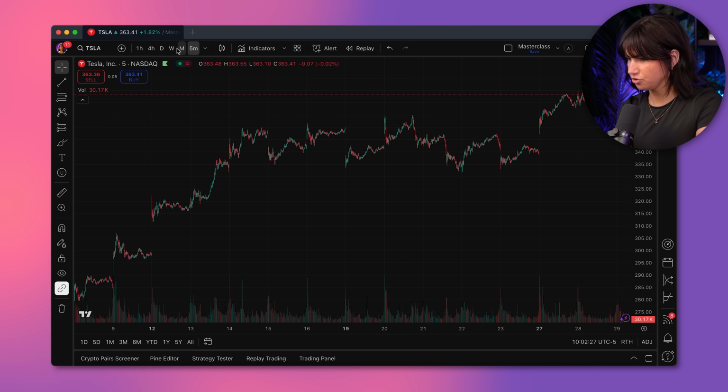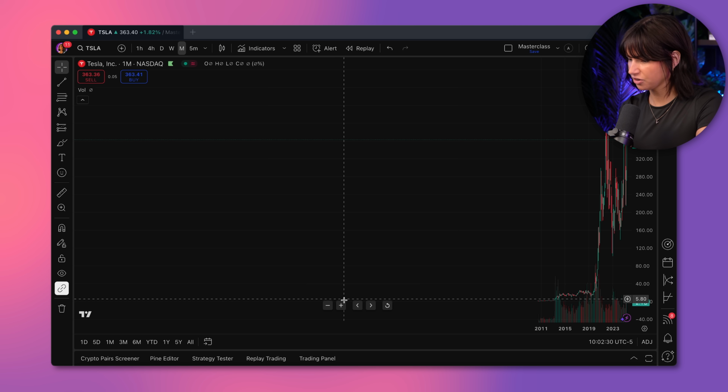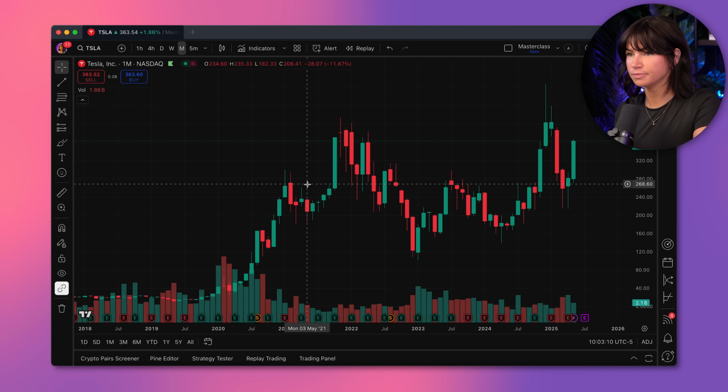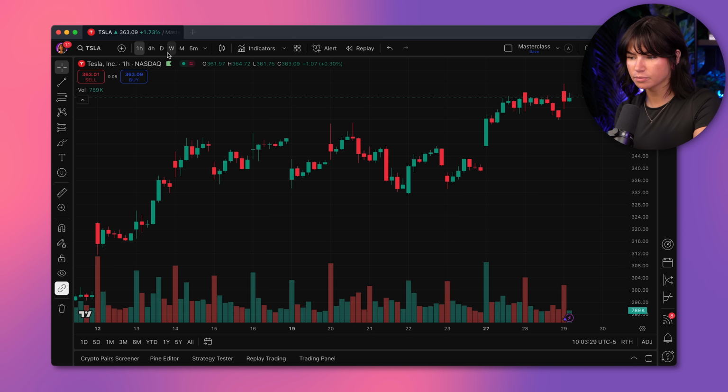The higher the time frame that you go in, you get more of a bigger picture. The key is to understanding each time frame and how it affects the data that you're looking at, and using it to build a strategy that fits you. Some traders like to trade on lower time frames like the 5 minute, the 1 hour, while other traders like